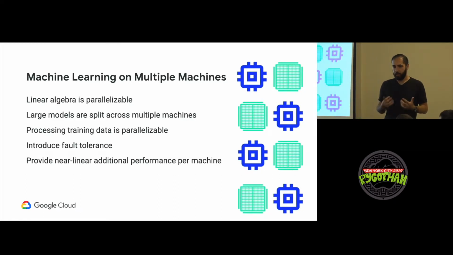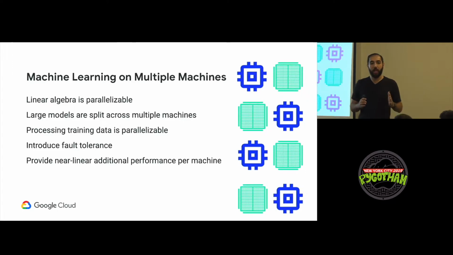Additionally, there are ways to process your training data in parallel. So if you have 4 machines, there are ways that you can take all of your data and process approximately a fourth of it on each one of those 4 machines, or 1/n of the data for n machines that you may have. You can also introduce fault tolerance so that if one of your machines crashes, you can have replication or ways to actually continue training without significant, or in a lot of cases, any data loss